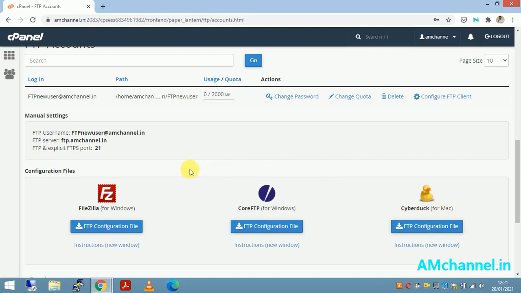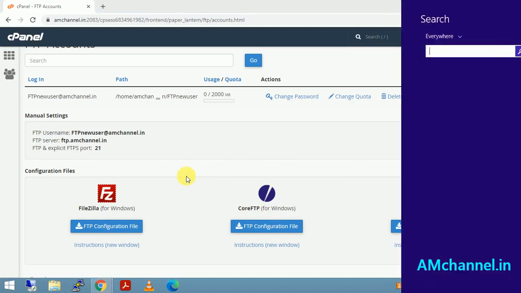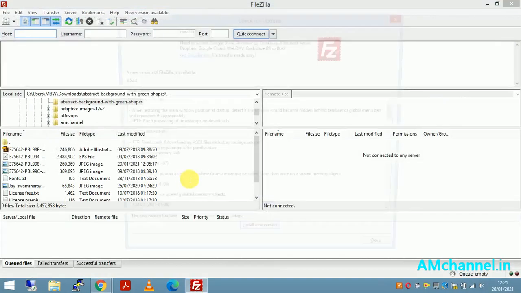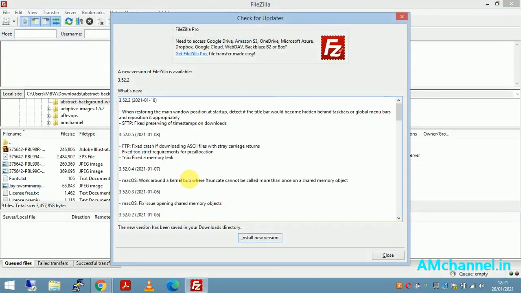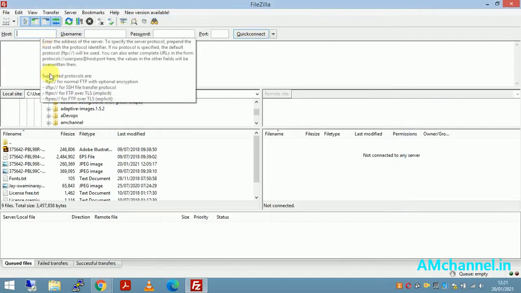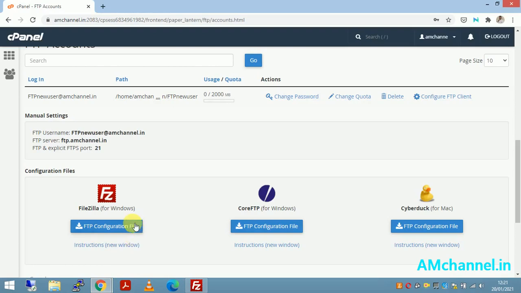Now I am opening my FileZilla client. The host name I am getting here is the FTP server, that is ftp.domain.